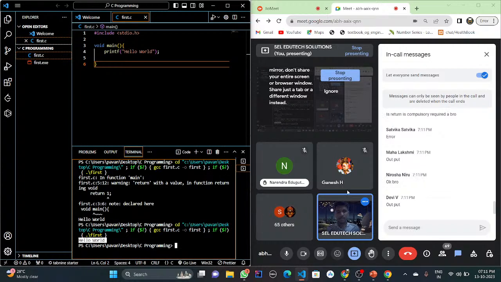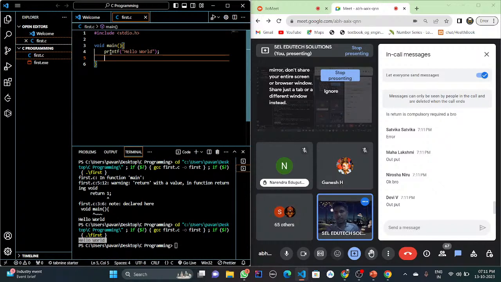If you use void, the return may be present, it may not be present, that won't matter. So if you mention it as an integer or a float or a string, return should be compulsory. If you use void, return is not compulsory. Okay,